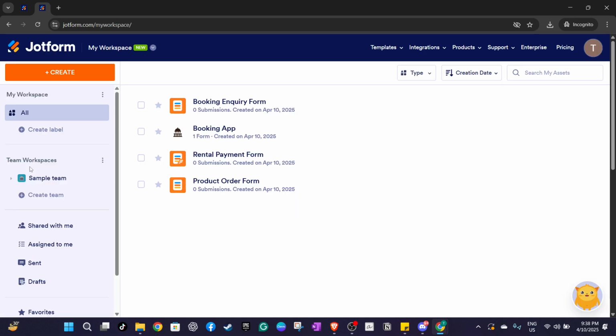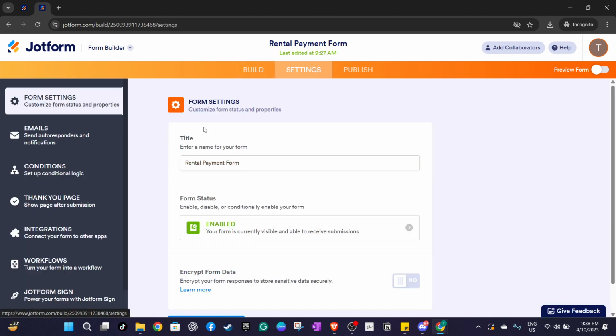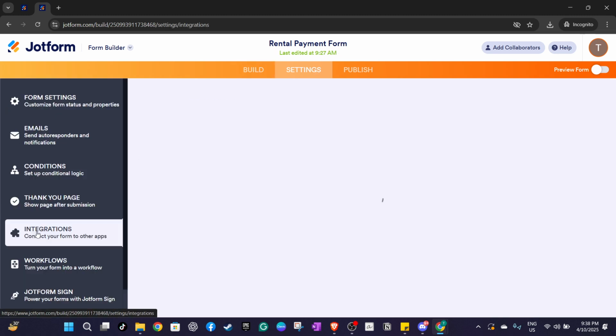Next, once you have your form selected, you'll head into Form Builder. Look towards the top of the page, and you'll notice an orange navigation bar. Click on Settings there. This opens up several options, and from the menu on the left side, you need to select Integrations. Integrations in Jotform allow you to connect with a wide array of other applications, making it a powerful